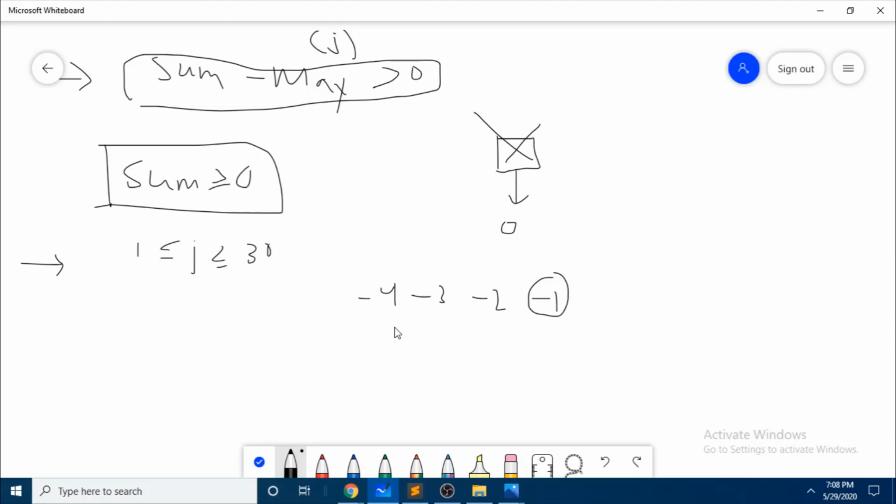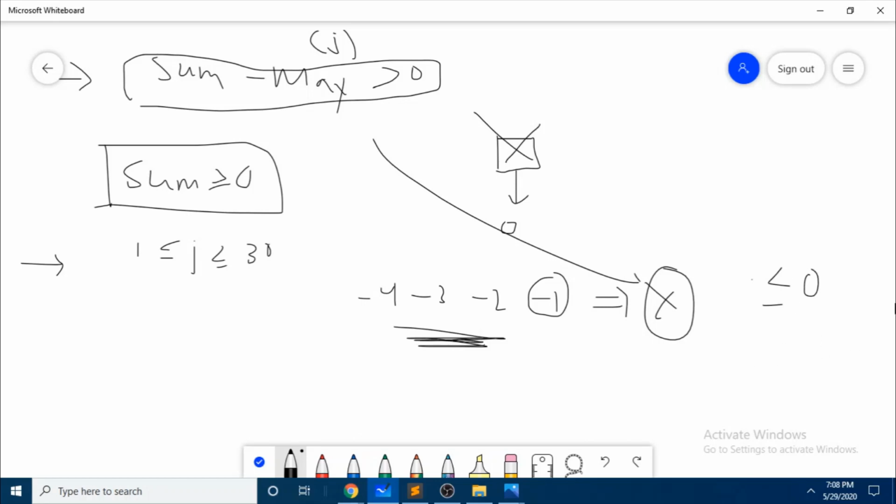But when we consider this segment, it does not satisfy that; the value is less than or equal to 0. So we won't consider these cases. We only consider the cases taken by Alice, and from that we can get the maximum element, which is always greater than or equal to 1.